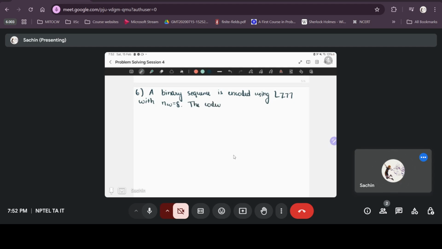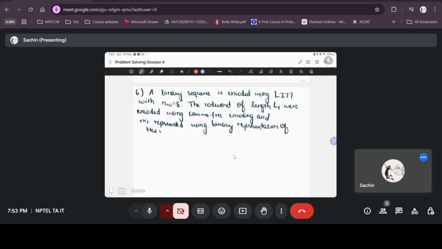The code words of length Li were encoded using comma-free encoding and Mi represented using the binary representation of the number. The encoded sequence is given by